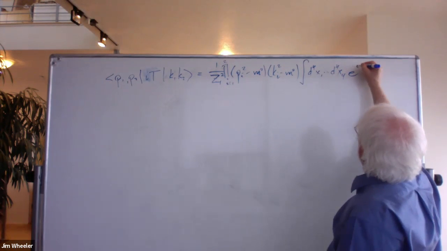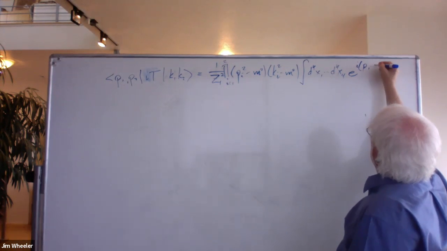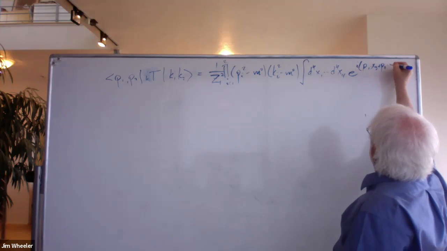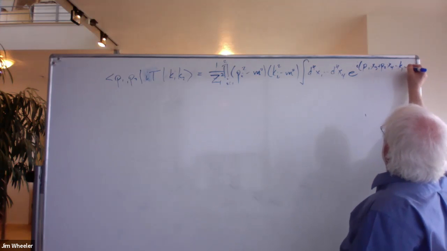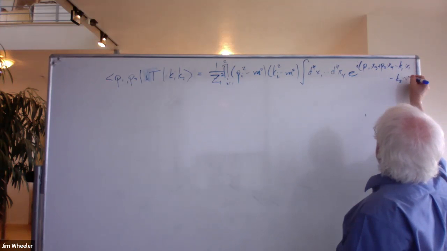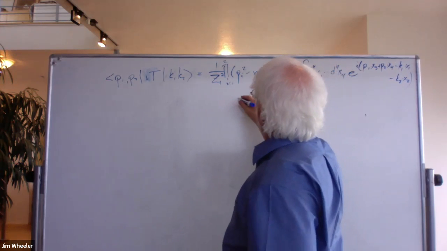No, I put I. P1 dot X3, P2 dot X4 minus K1 dot X1 minus K2 dot X2. Sorry, I ran out of space. And then we have this matrix element